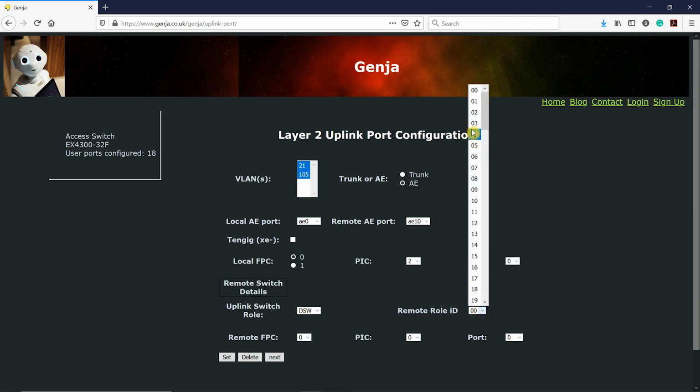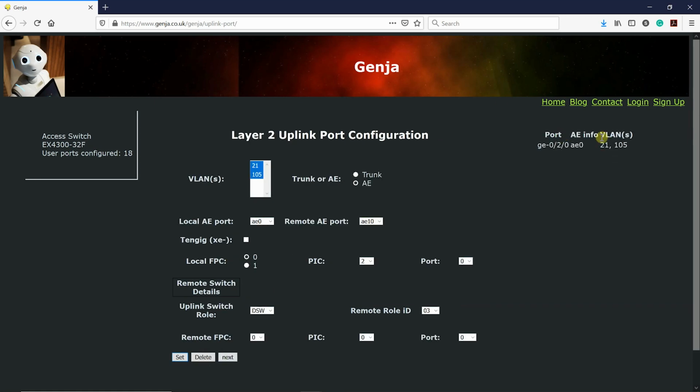And then our Uplink is distro switch, role ID 3, remote port will be 0 on that switch, so we'll leave everything as is here. So we set distro, so what this is doing is enabling you to automatically label the port, the uplink port, on this local switch. So if you hit set, sets the port, trunks it, and all the other configuration is